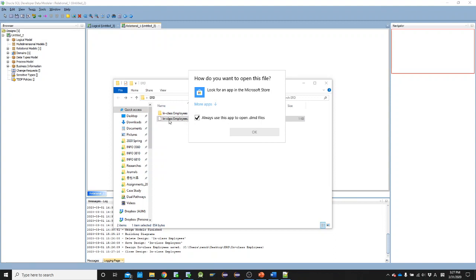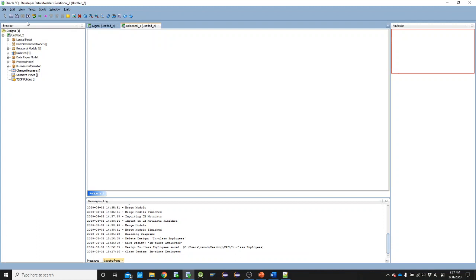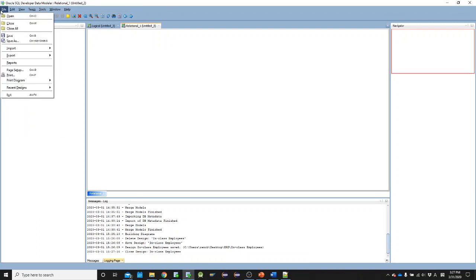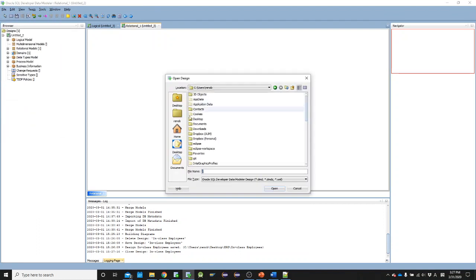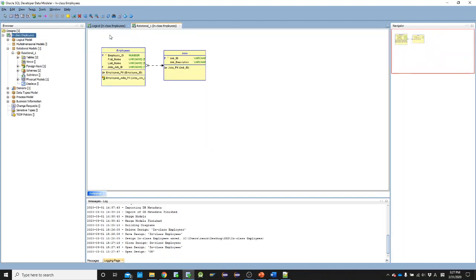The way to open this file is to start your Database Modeler and go to File and Open, and you have to choose the DMD file. Then you can open the file, right? So you have to start the application first, and then you can open the file. Alright, anyway, let me